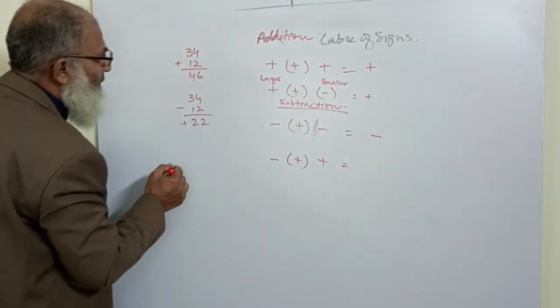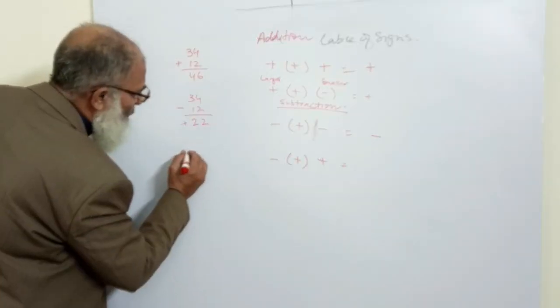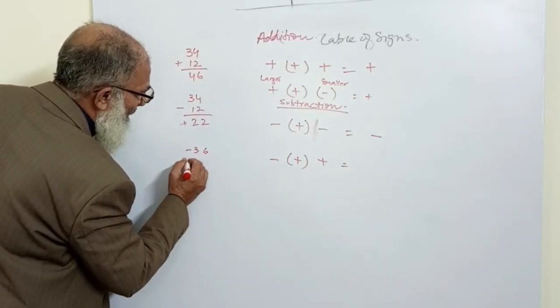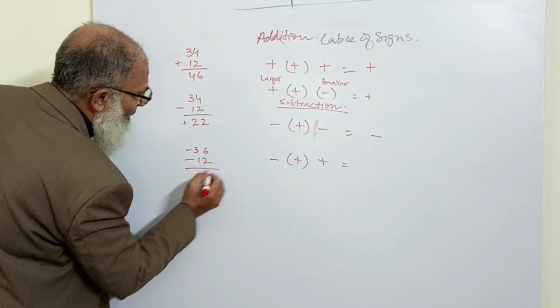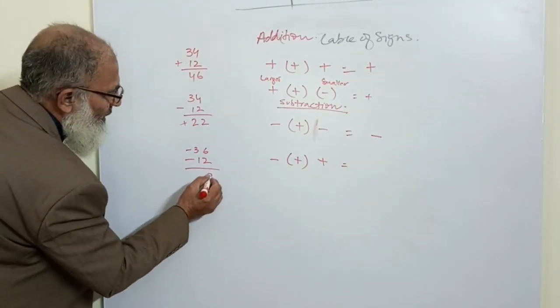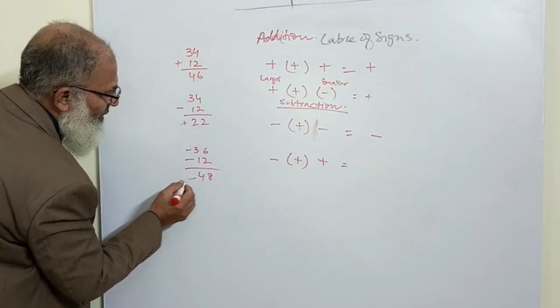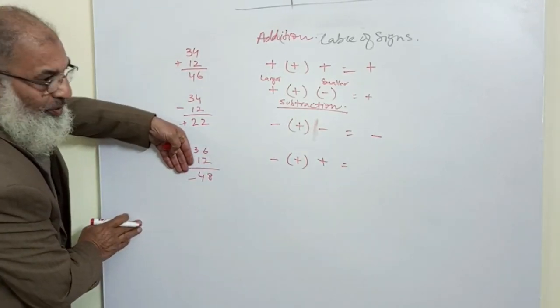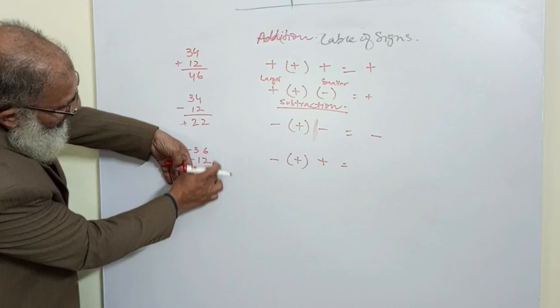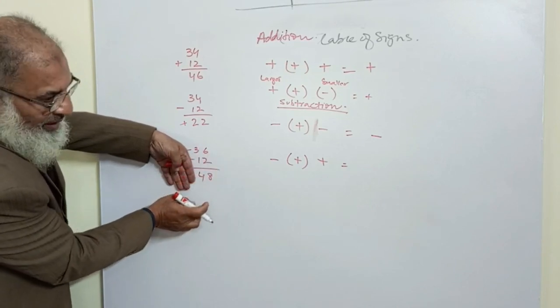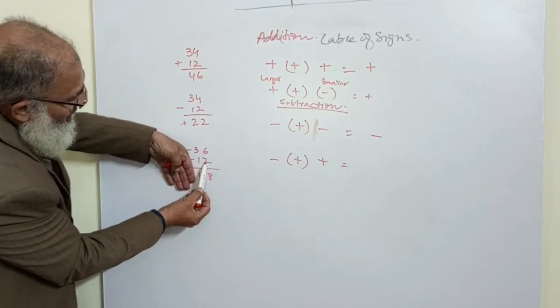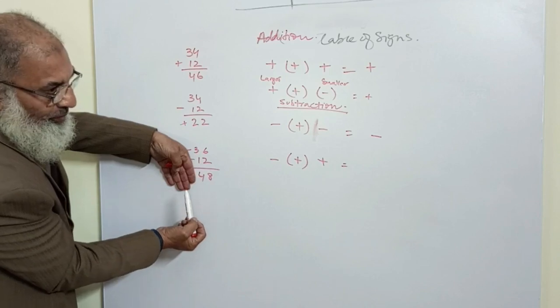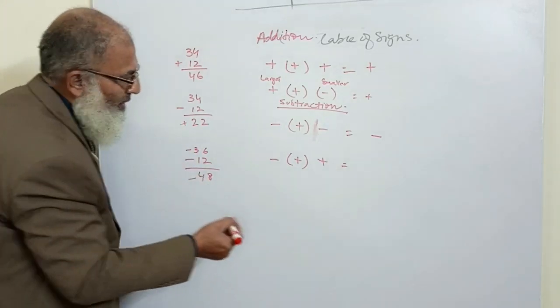And again, if we have two negative numbers, what will be the outcome? It will be a minus sign. The rest we are going to sum up. You sum in the usual way, 6 plus 2 is 8, 3 plus 1 is 4. Because